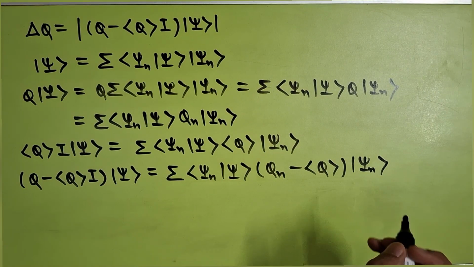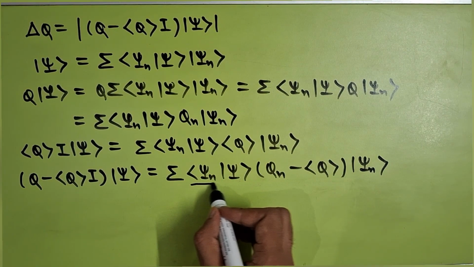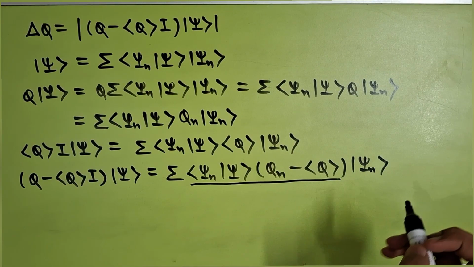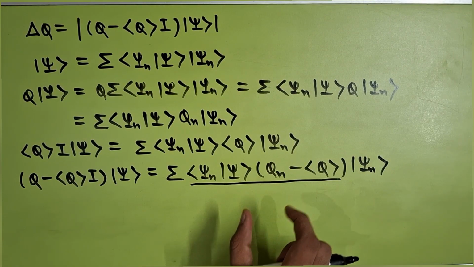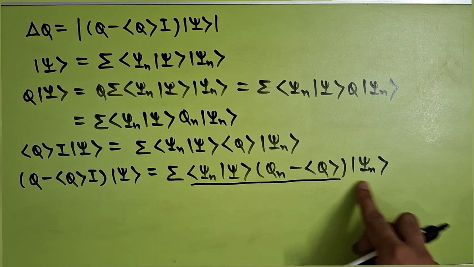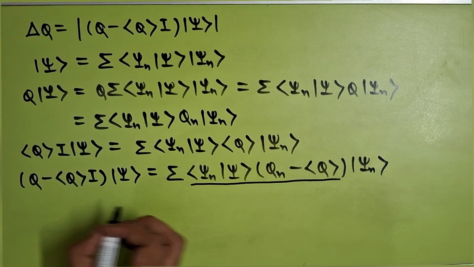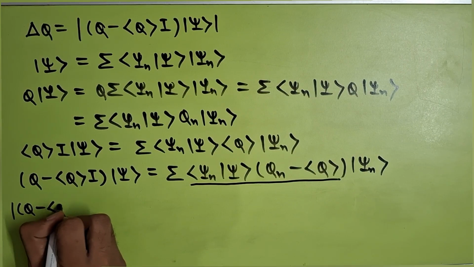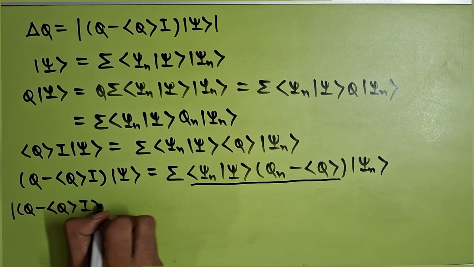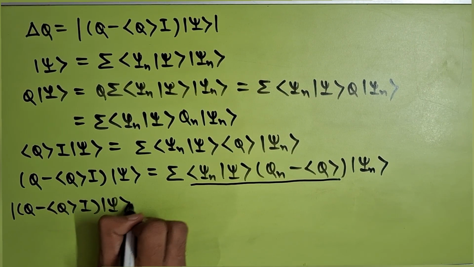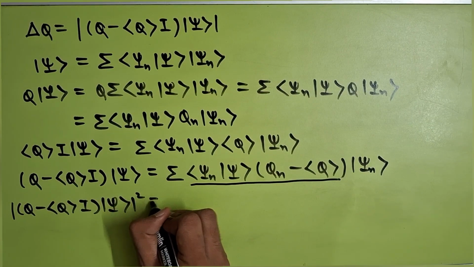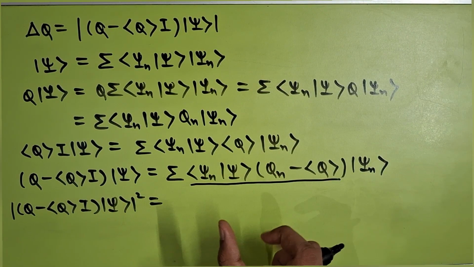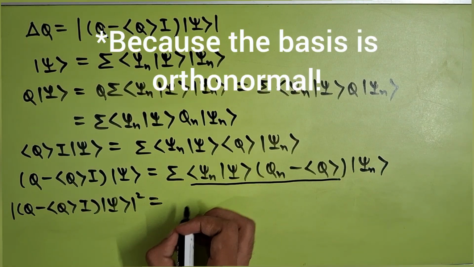Let us try to interpret this equation. This is nothing but a scalar and this is the basis vector. So basically, these are the components of this vector along the basis vectors. If we take the norm squared of both sides, we know that the norm squared is simply the sum of the squares of the components along the basis vectors. So we can write this as